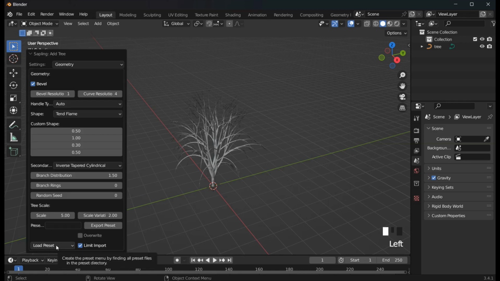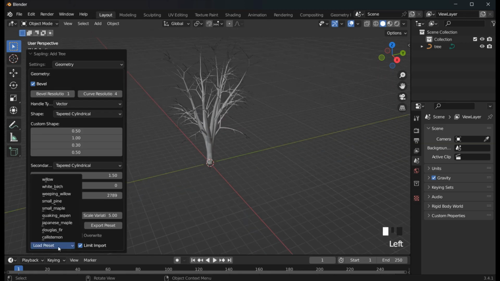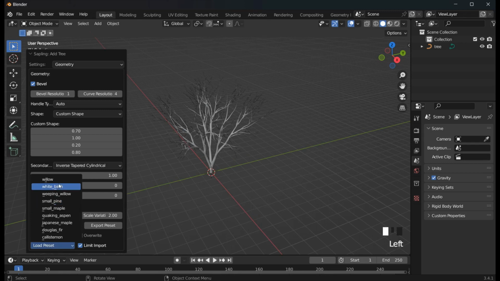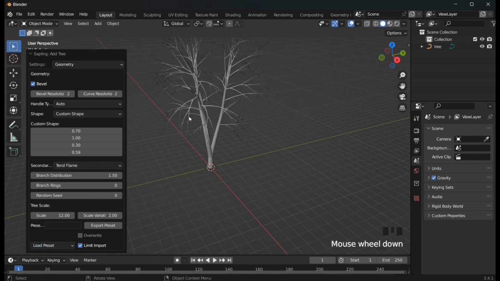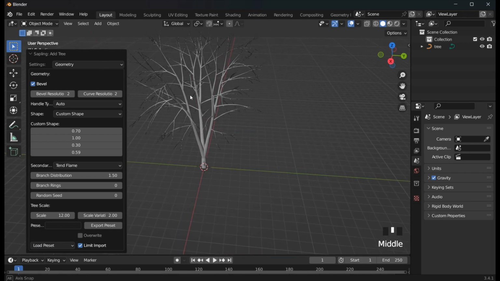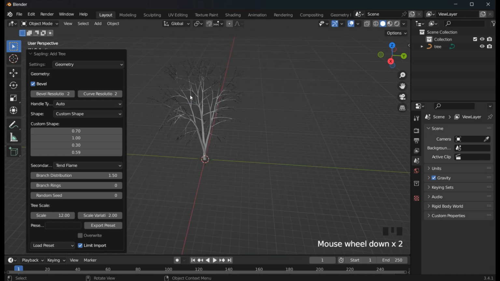Here in this LOD preset drop down you can choose different kinds of tree types. I'm going to select this white birch. If you missed this properties tab by clicking somewhere else, you can bring it back by pressing F9. And if you grab or scale this tree, you might not be able to bring it back. So make sure that you grab or scale it after applying all the properties that you